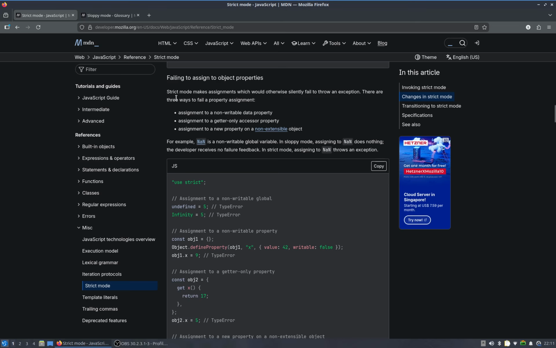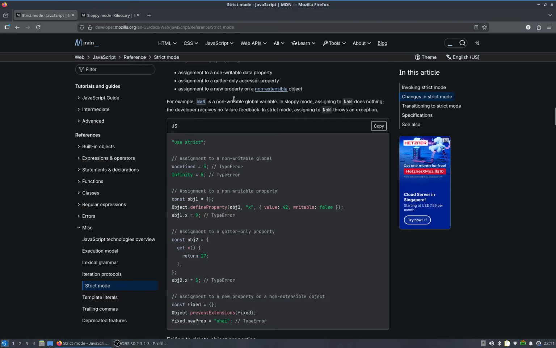The second aspect is failing to assign to object properties. This we had discussed in, I don't remember, last or last to last video. Strict mode makes assignments which would otherwise silently fail throw an exception. There are three ways to fail a property assignment: assignment to a non-writable data property, assignment to a getter-only accessor property, assignment to a new property on a non-extensible